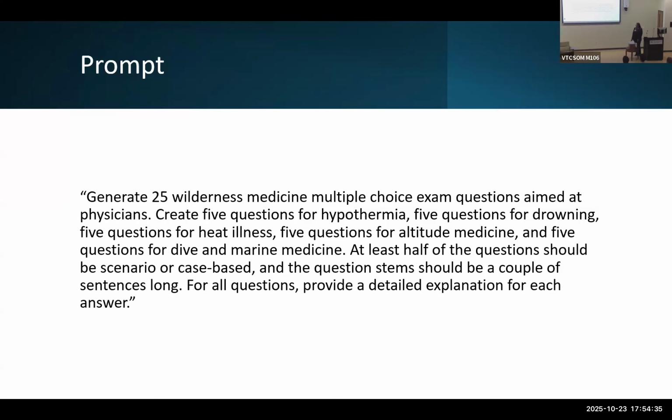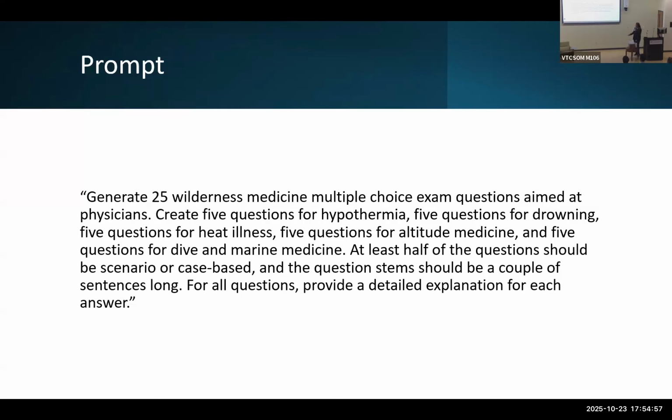And we actually had it generate 25 questions because we thought a little bit more of our colleagues than reality. So initially we were going to make a 75 question test, and then we realized the chances of getting any one of our wilderness medicine colleagues to do a 75 question test was not very likely. So we just randomized the questions that we got and picked the top 15 that came through.